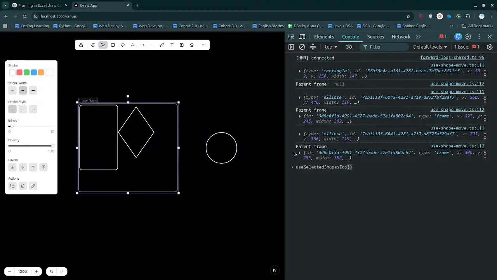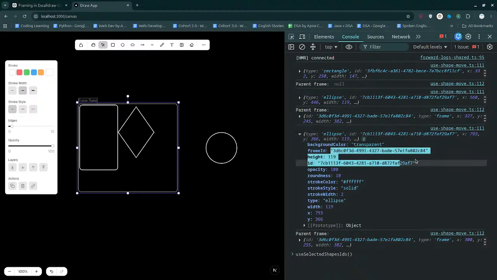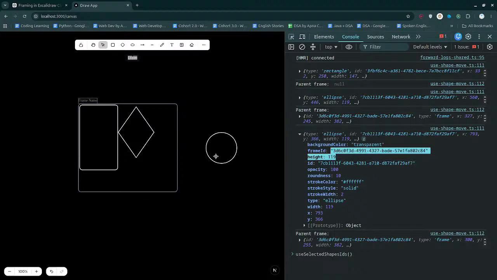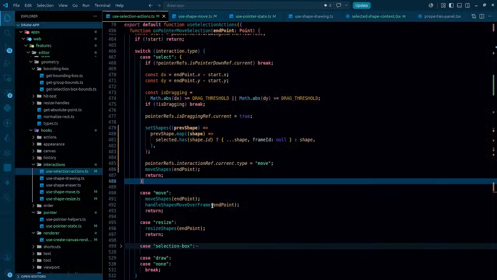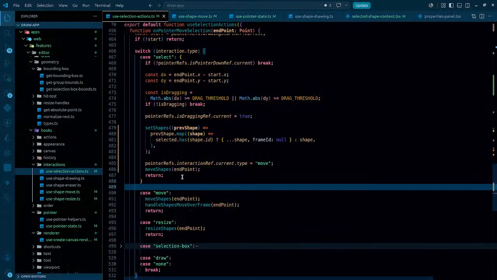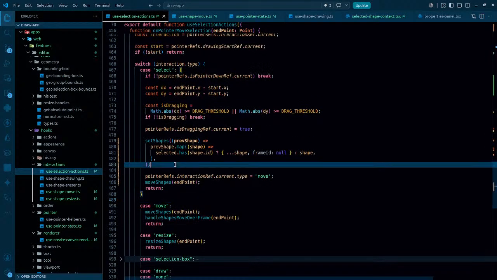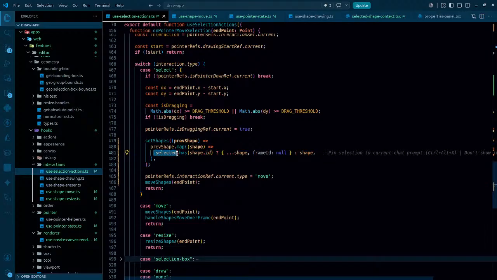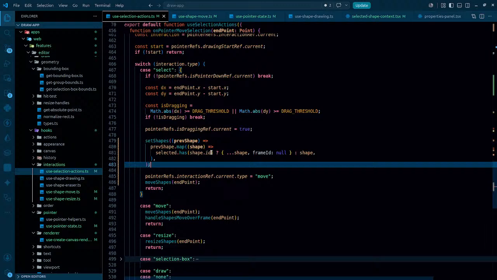This is still part of that. The list that we have has the frame ID. Once I click and just move a little bit, if that is the selected one, has the shape ID, in that case